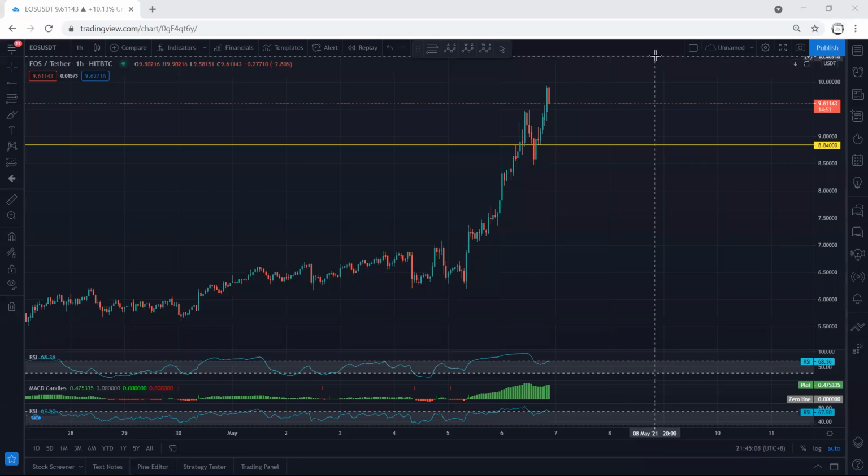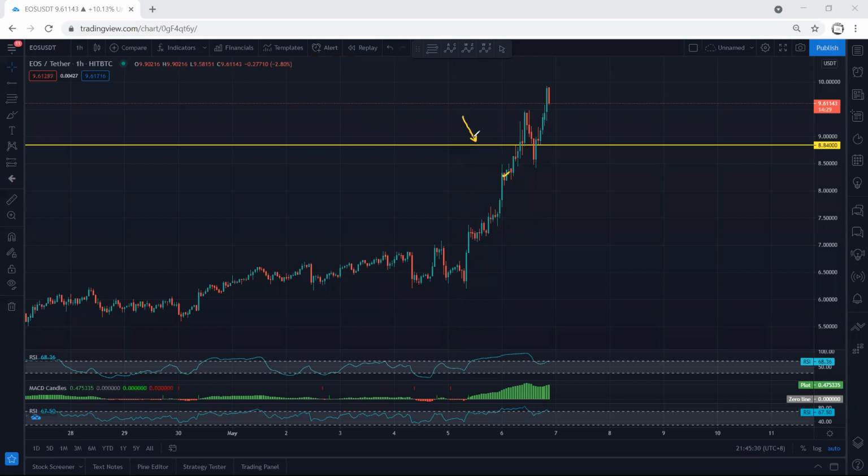EOS, we start with the 1 hour chart. You want to see how we can look for a trade. If we refer to our analysis, we have been looking for buy since the price was within this range. And last time, when the price was here, we mentioned that if we want to look for the trade, it's better we wait for the breakout of this line, which is